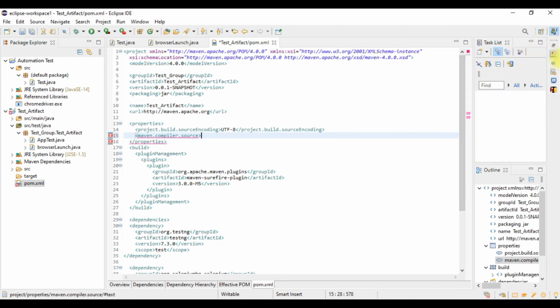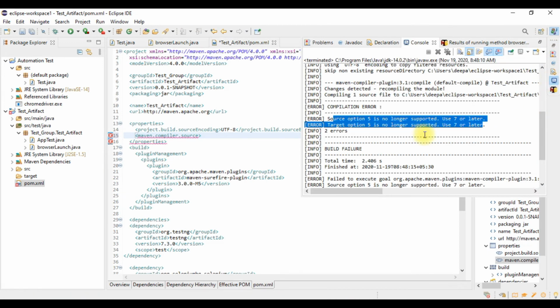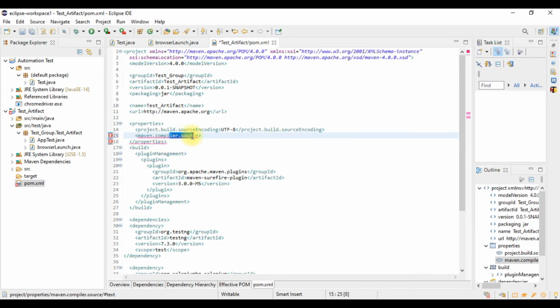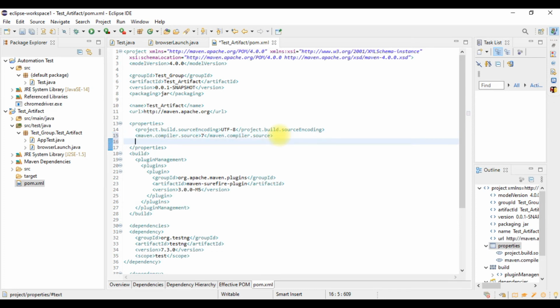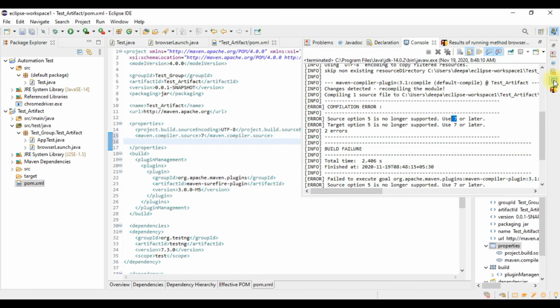The error states that source option 5 is no longer supported, use 7 or later. Right, so for source we have to give the 7 or later version. So we will give 7 here, and here we will close this maven.compiler.source tag.